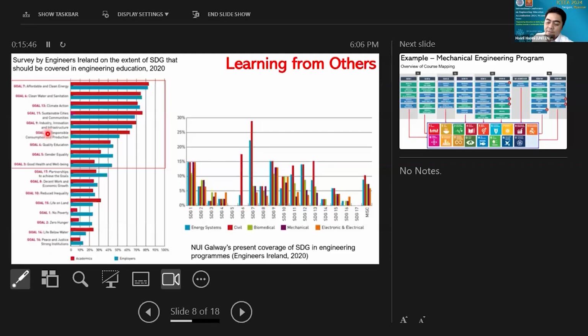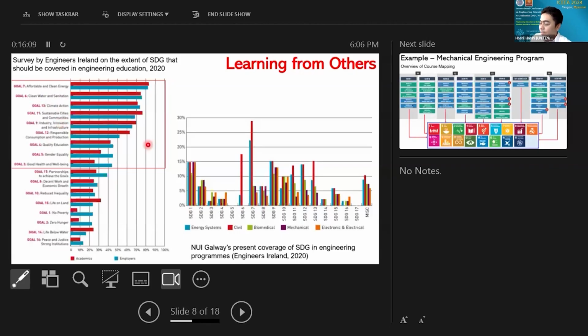We know that we have 17 SDGs altogether, but probably I would say affordable and clean energy, clean water and sanitation, climate action, sustainable cities and communities are very much or easily integrated into the engineering curriculum compared to the others.